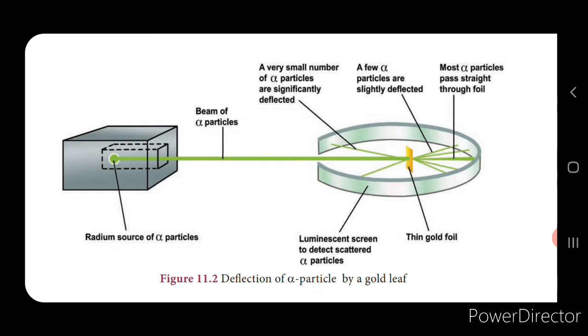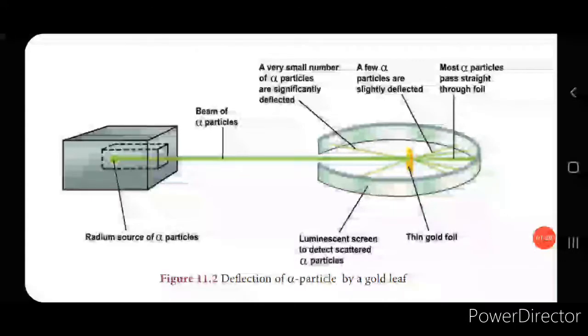Now look into the screen, children. This is the apparatus setup for the experiment, and on your left hand side you have the radium source of alpha particles, which is the source from which the radiations, that is the beam of alpha particles, comes, and the ring-like structure is the detector which detects the beam of alpha particles, and in the middle of the detector is the thin gold foil. It is a very thin gold foil. It is made as thin as possible because gold is chosen because gold is the most malleable metal, and the alpha particles come from the source, hit the gold foil, and get deflected.